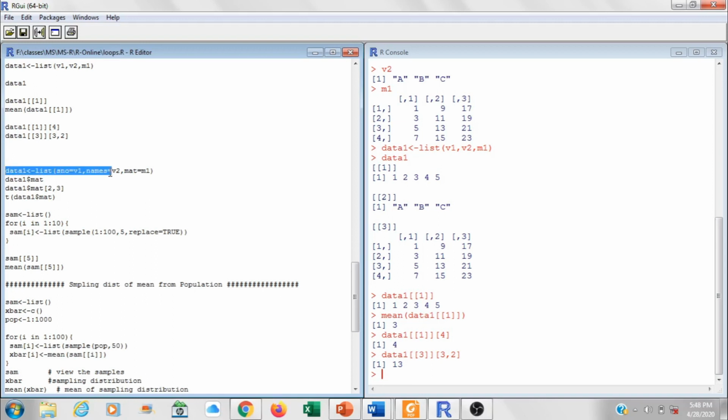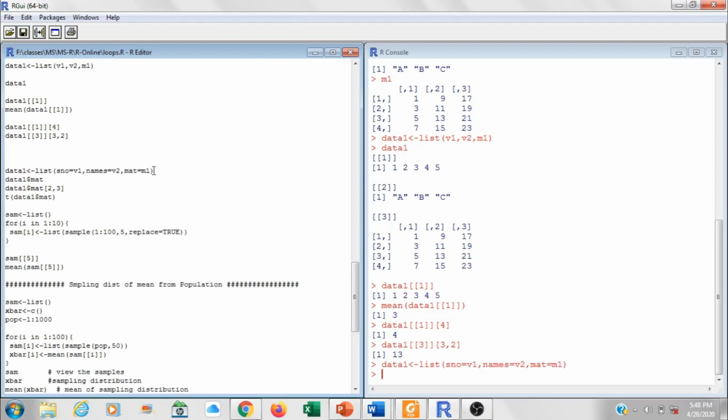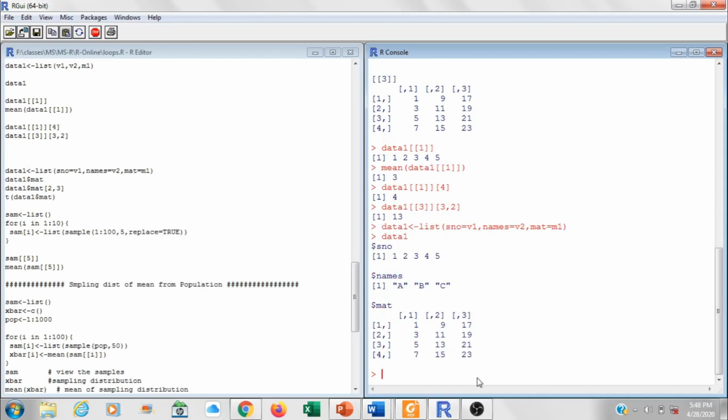If I run this command, Control R, see what I have done is I have given these vectors names. I have called the vector v1 serial number, and I have named v2 as names. I have named the matrix as mat. Now let's see what happens if I want to view the list. I would just write the name of the list, data1, so I can view the list.